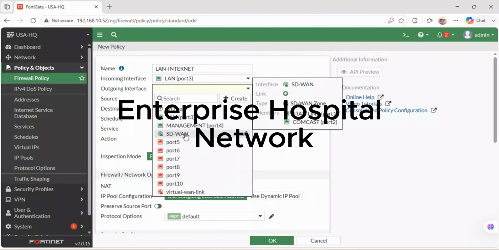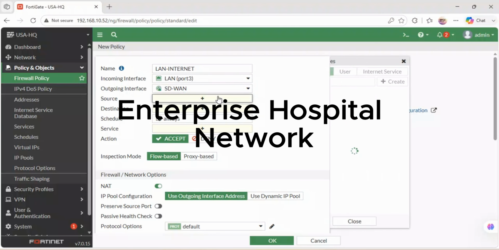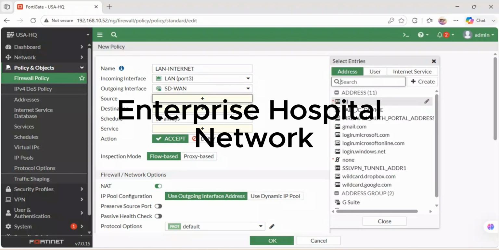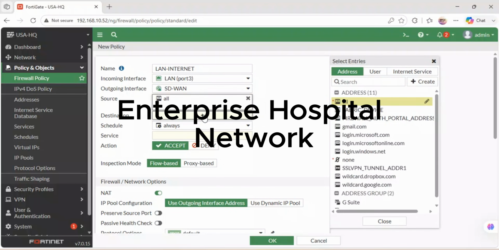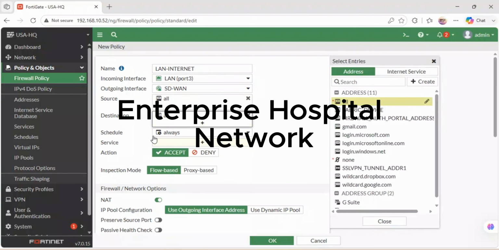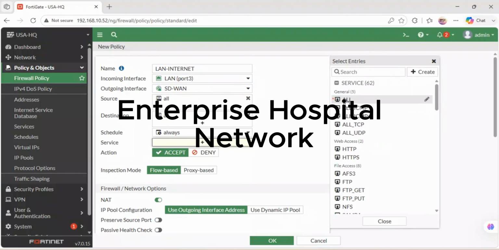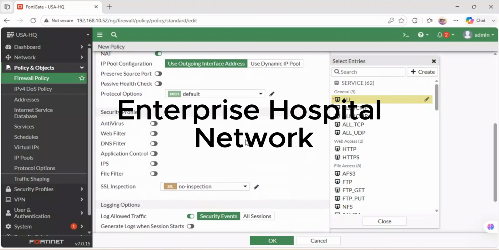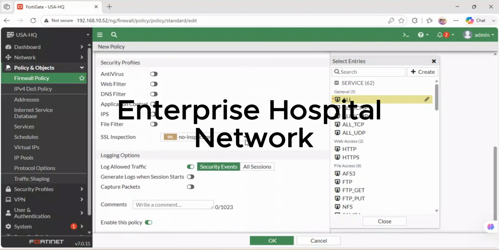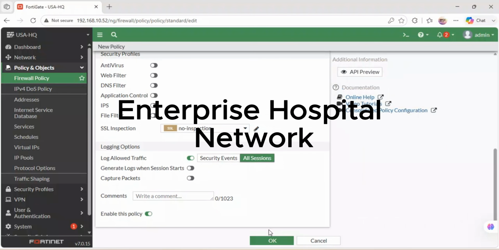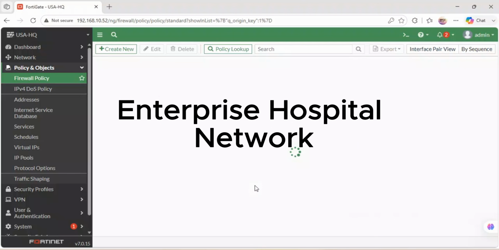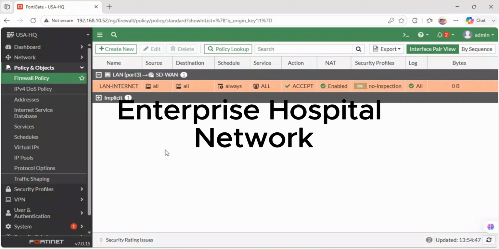I'm going to choose the SD-WAN zone. Then the source, everything is all. Then service is all. Once you do that, all sessions, then okay. So you see,